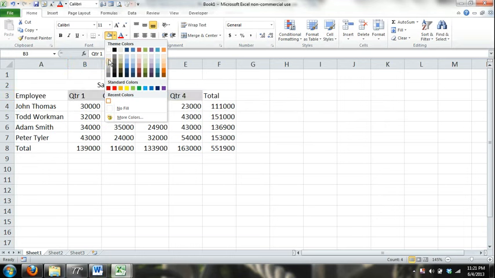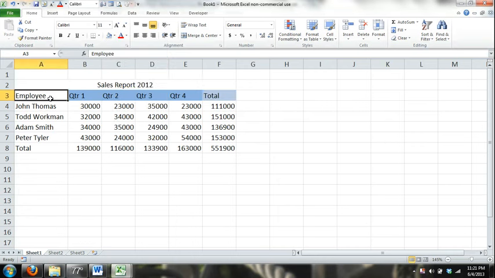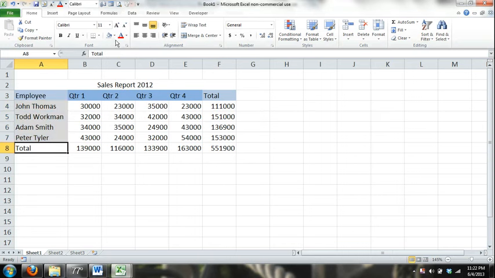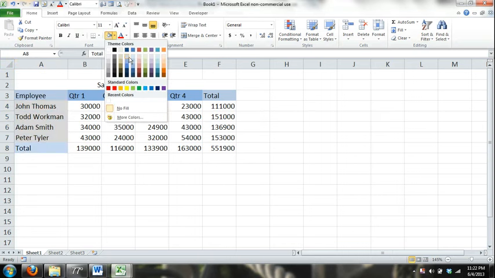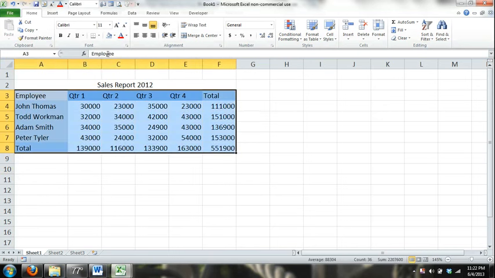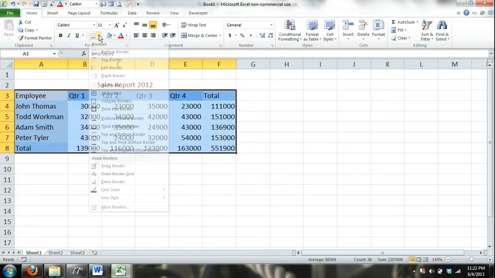Alright, so I'll just make it blue, just trying to distinguish different areas of this table. You kind of get the idea. I can also add some borders by going up here. Now another way for me to add